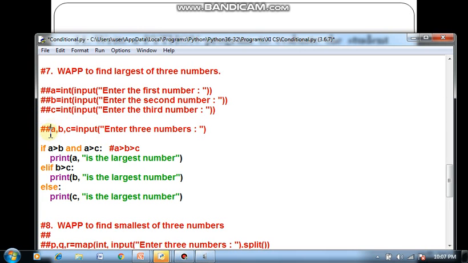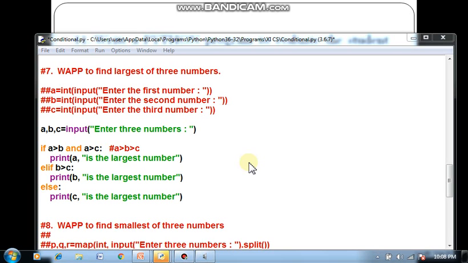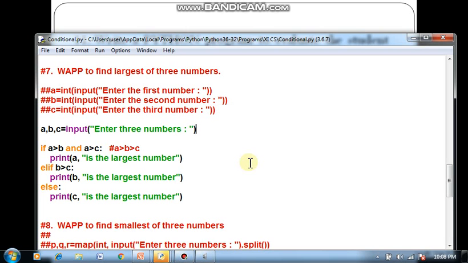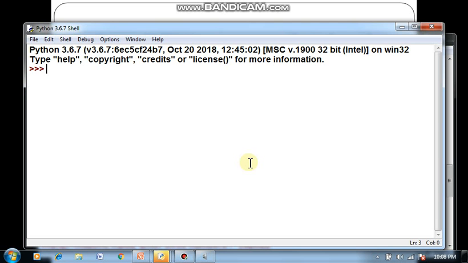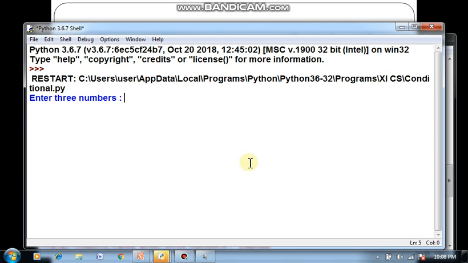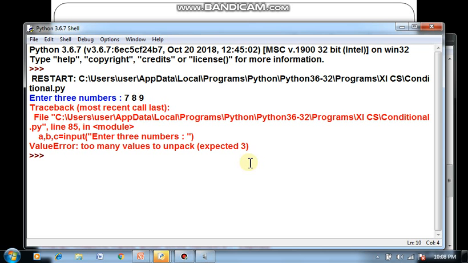For entering multiple values A, B, C, I am just trying like this, but this will generate an error message. Let's try this. I am just executing the program, giving the values, but it is showing a value error.